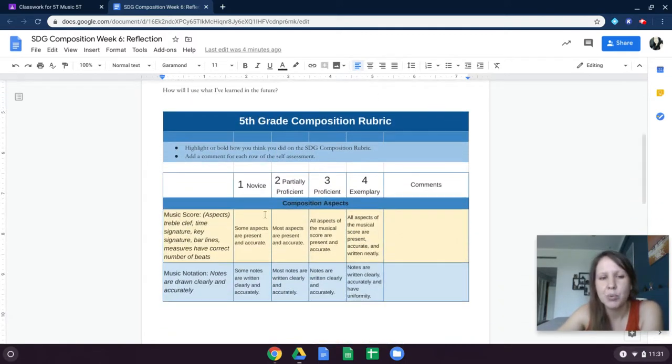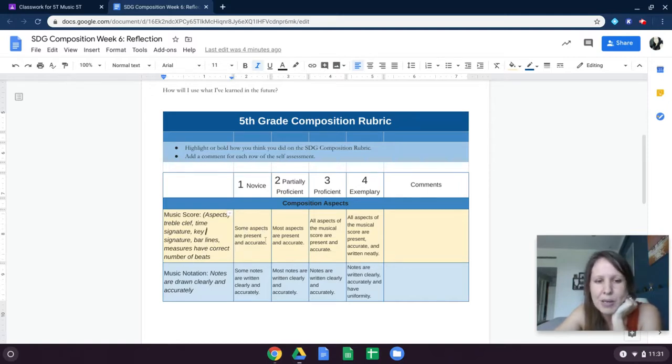Then once you get down to the rubric part, what I want you to do is highlight or bold how you think you did on the SDG composition rubric. Add a comment for each row of the self-assessment. So, for example, this first one says music score, aspects: treble clef, time signature, key signature, bar lines, measures have correct number of beats.